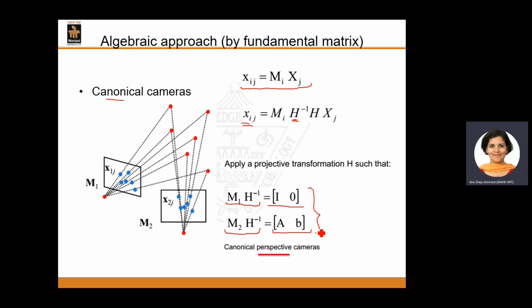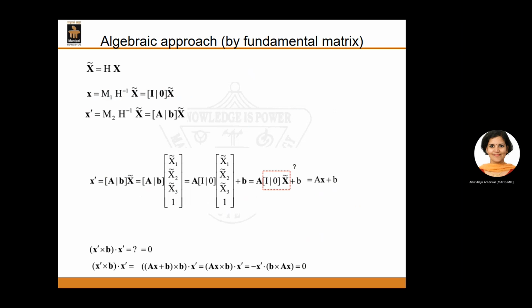The similar concept was used for the affine case also. So for the perspective structure from motion also, we follow a similar approach where we transform this into the canonical camera form. The difference being that the transformation matrices that we are using would be a projective transformation. Now, next we need to solve for this. Now, how do we solve for